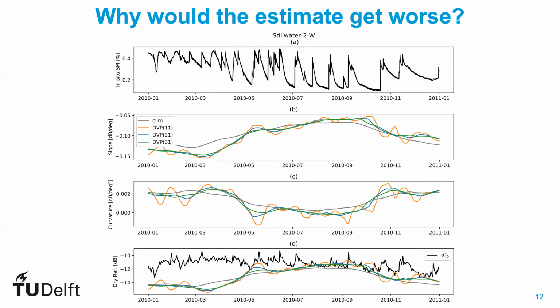You can see that these are quite smooth, so they capture the seasonal cycle due to vegetation. But remember that these are the same every year because they're based on the entire data record. The slope and curvature are both smooth, so the dry reference has a nice smooth seasonal cycle, accounting for the vegetation phenology. The blue lines correspond to the parameters estimated using a kernel smoother with a half width of 21